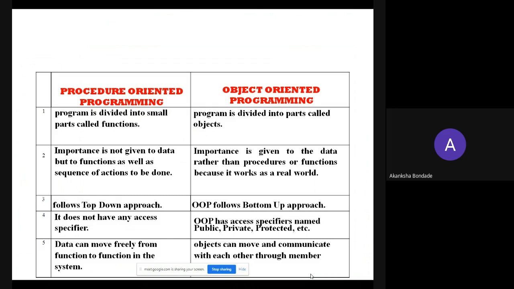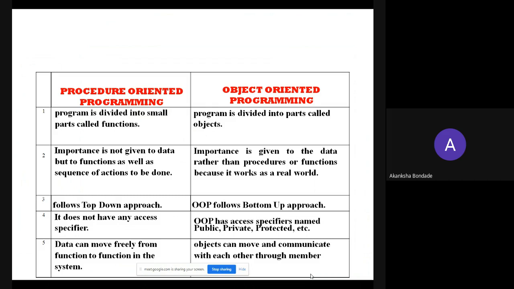Okay. Now, the next difference is that procedure-oriented programming does not have any access specifier. But object-oriented programming has the access specifiers public, private, and protected.